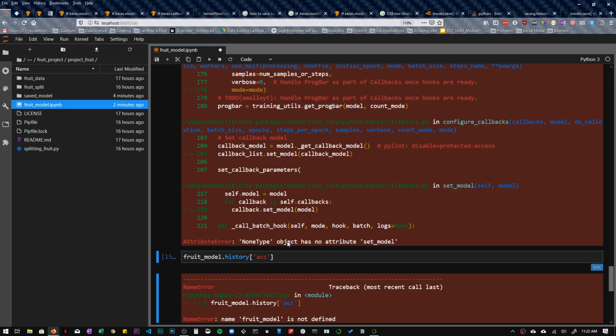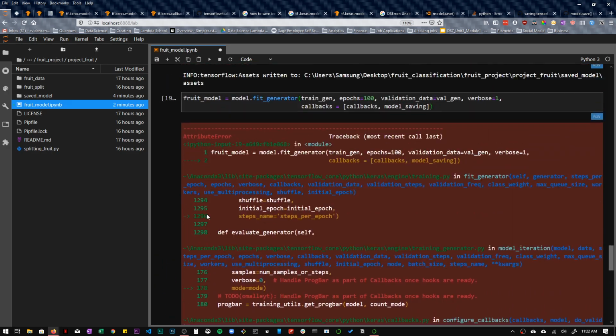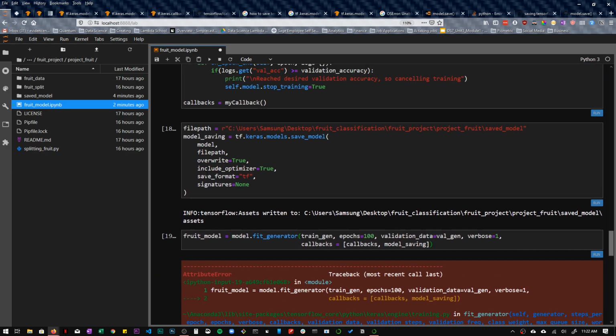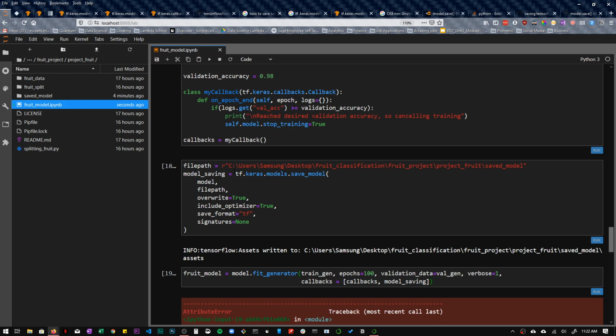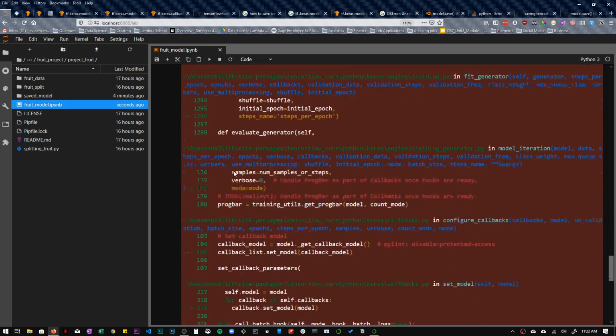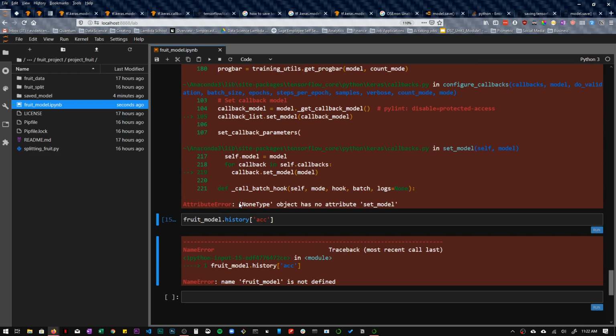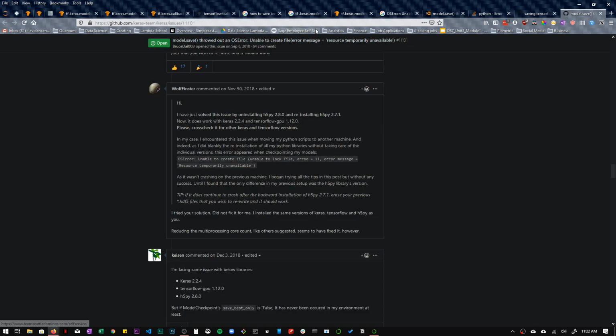NoneType object has no attribute set model. Okay, that's a new error. We've seen that before. I don't know what this means, but I'm about to find out.